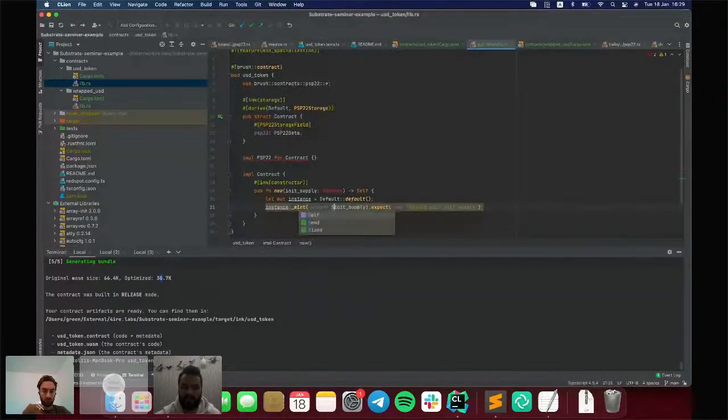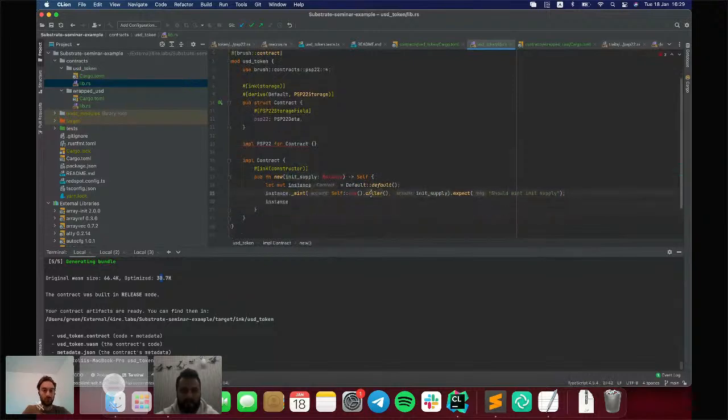So we want the caller of the constructor to get the initial supply of tokens. Yeah. So self env caller is the current caller of that method.